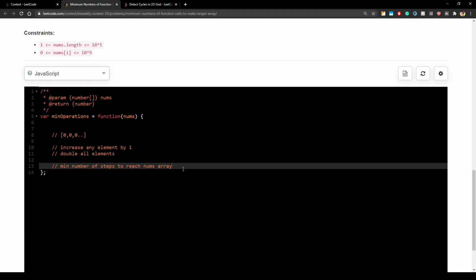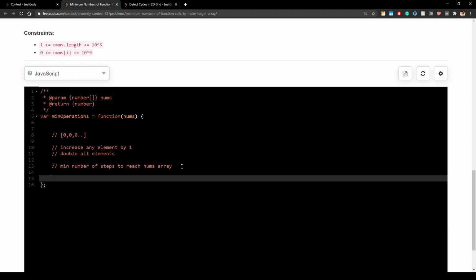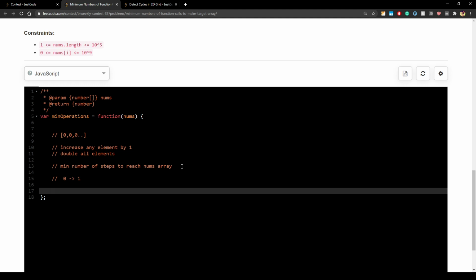So once I got TLE, then I tried to see if I can observe something in the bits, right? So think of any number. First operation, as we said, if it is 0, then it can only be converted to 1. If you multiply it by 2, it will again become 0, so you have to add 1. Now one interesting observation here is, if you have to form any number, right?